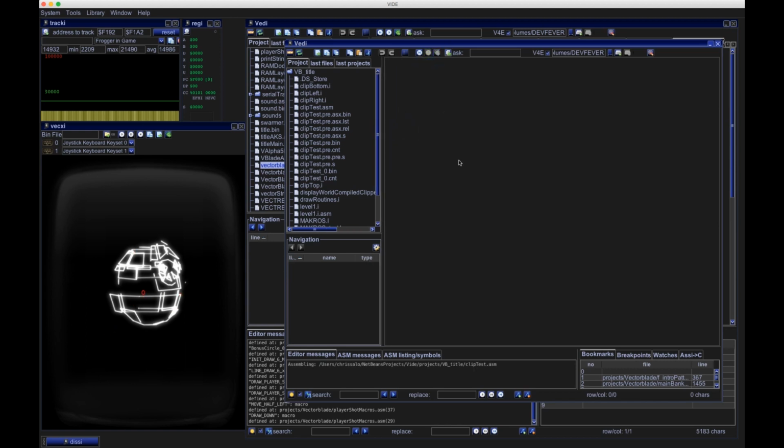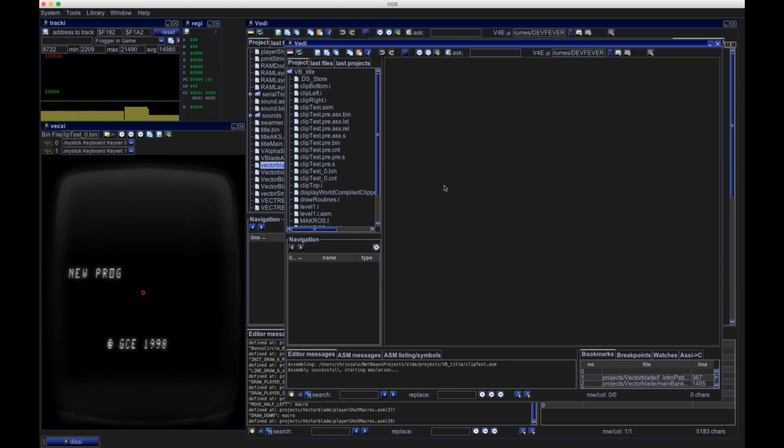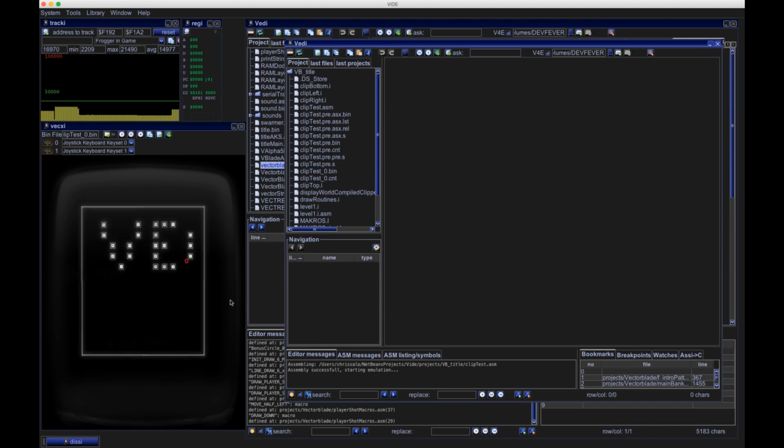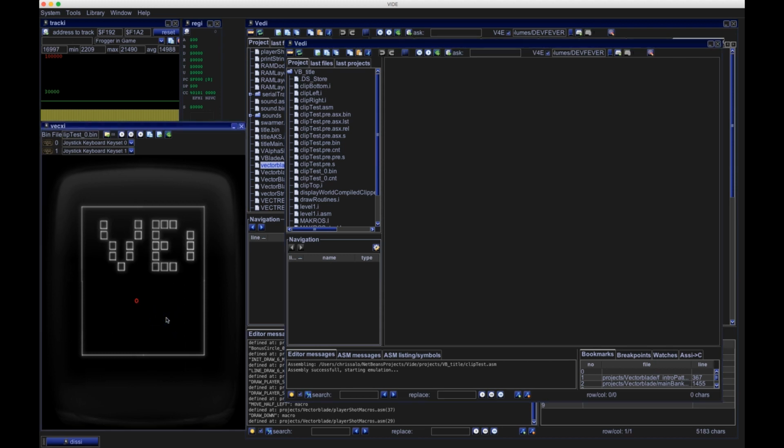This is just an idea I had, and I think I will follow it, but it's not finished yet. This is just an example of what can be done. This is actually the tile display from before. I used some enemy tiles, and what I probably do for Vectorblade is write a gigantic Vectorblade here and scroll through it. This is actually the smoothest scrolling with clipping done, as you can see,